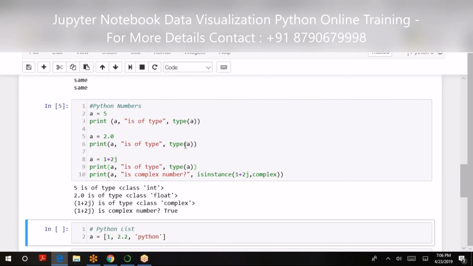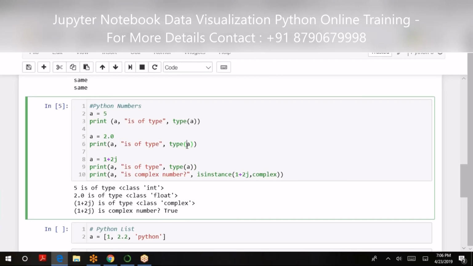Here it has given integer. Here it has given complex. We are seeing one more command over here. There is a command called isinstance.